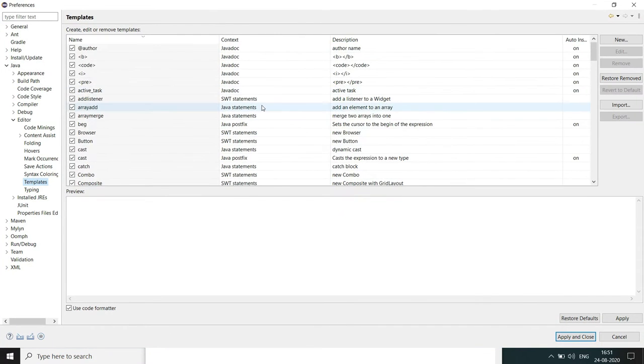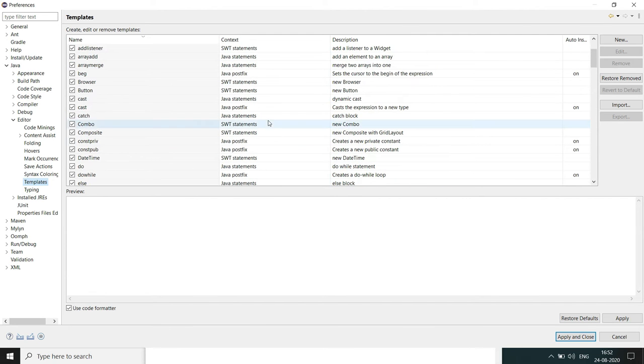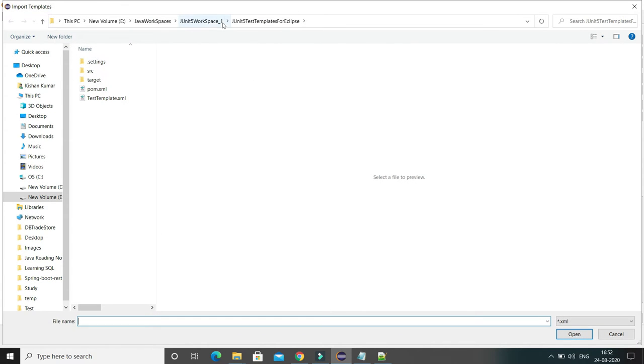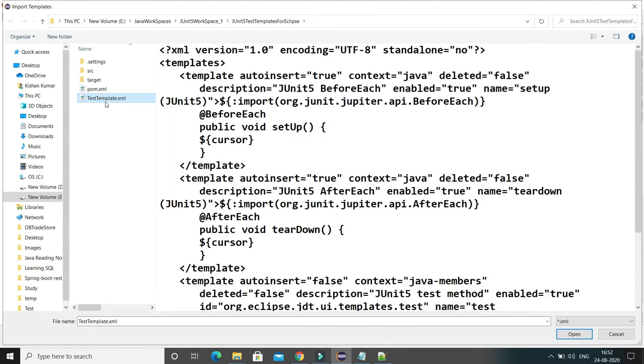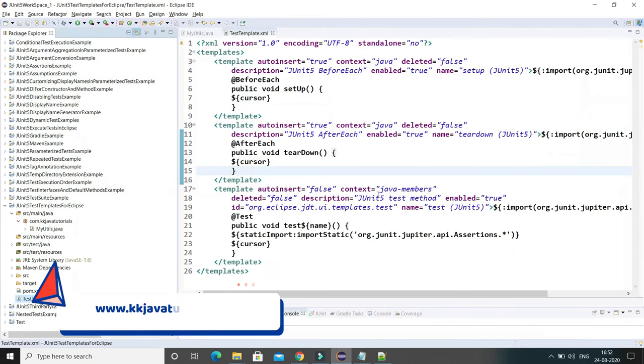Here you'll see a lot of templates, which are the pre-existing templates in Eclipse, but of course you can import or add your custom templates as well, which is what we are going to do here. Click on Import and reach where you have saved your file. I have saved my file in this project itself. I am going to import this XML file which we have already seen, click on Open, and then do Apply and Apply and Close, and that's it, you are done.